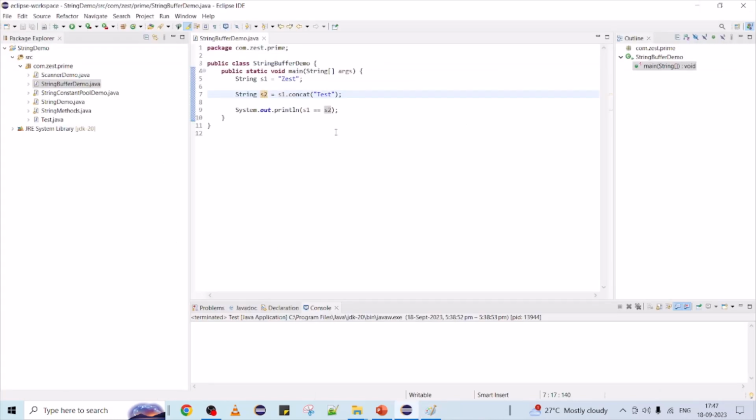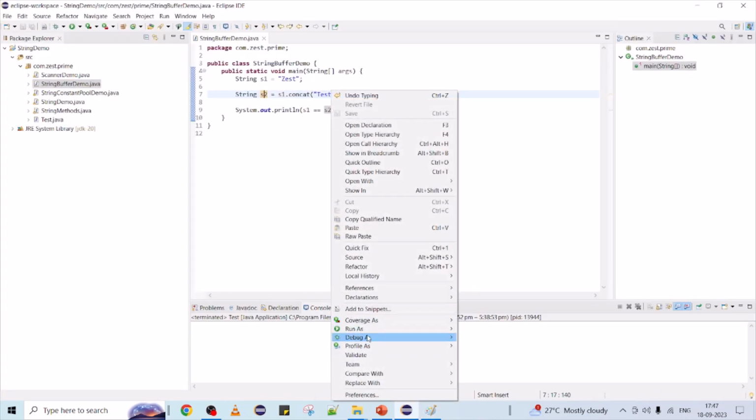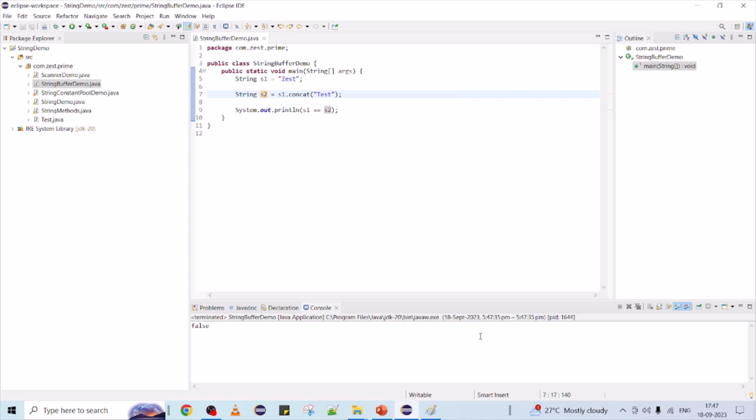So this is the basic difference. Let me run it now and we will see it. You can see more clearly it's false. Say for instance, if you want to know exactly the memory location where it is storing, so that you are able to understand very easily,